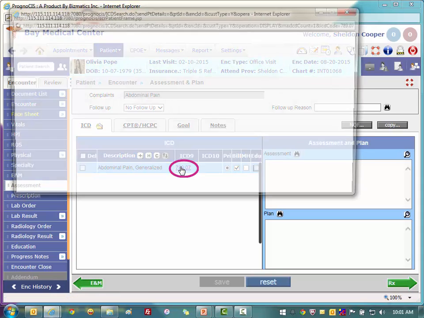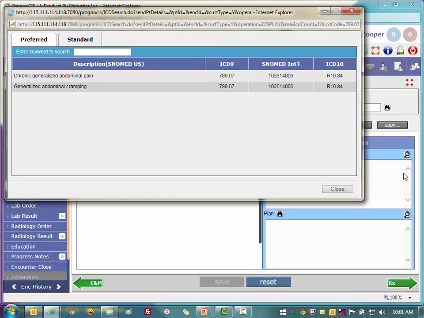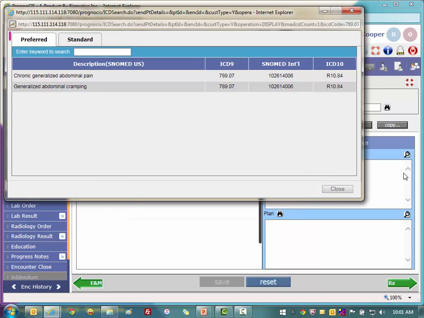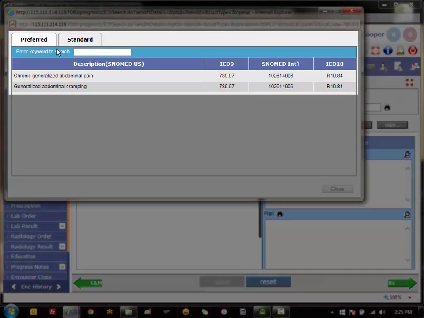Now what that is going to do is open up a filtered search screen. The hyperlink is automatically filtered to the code that you have chosen. And notice here in the upper left that our filtered search actually has two tabs. In the case of our 78907, it's defaulting to our preferred, and I've got two entries of 78907 with different